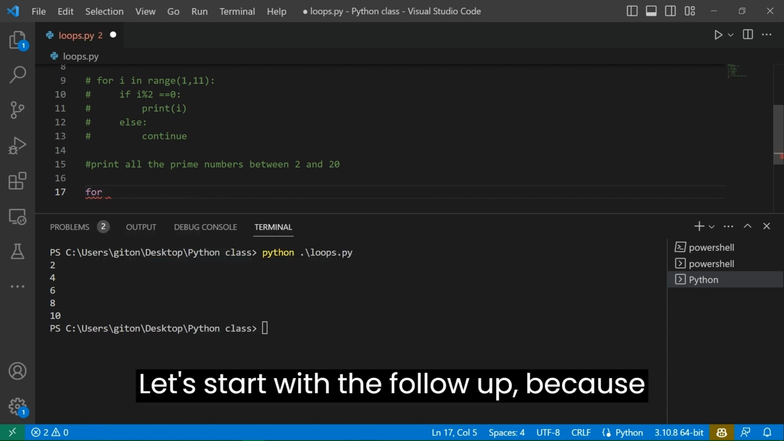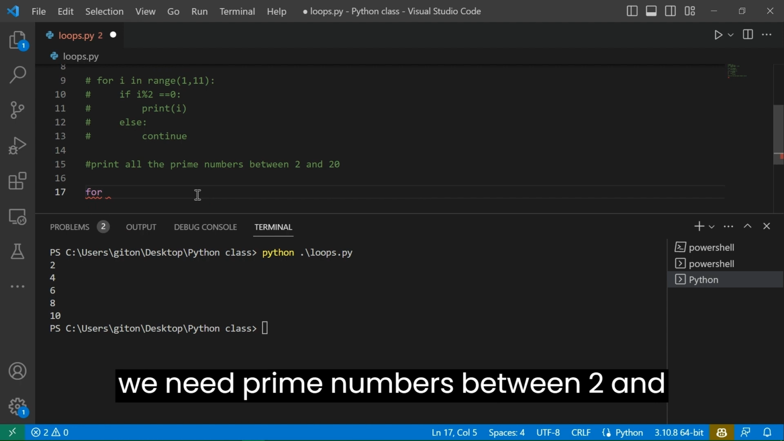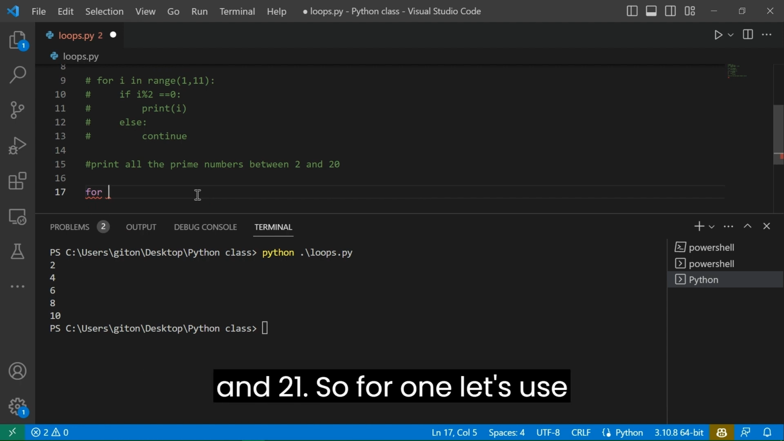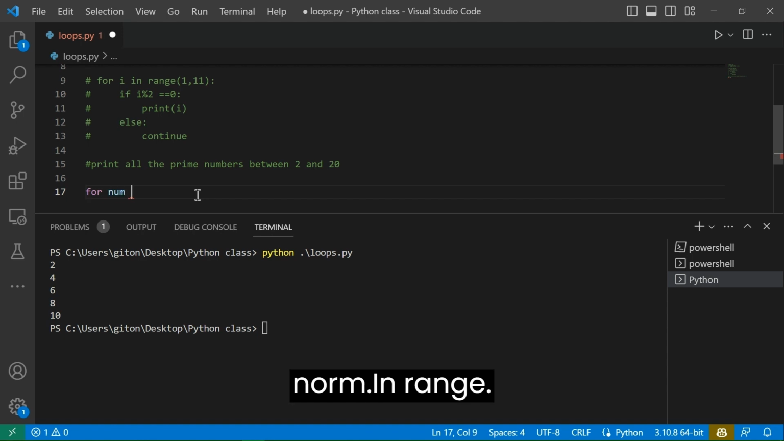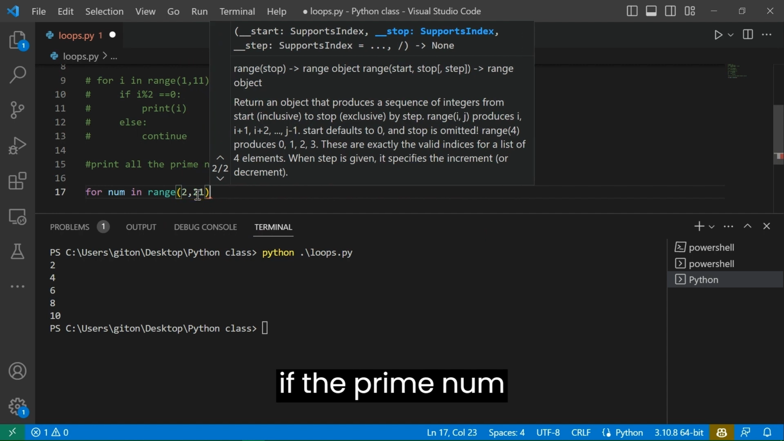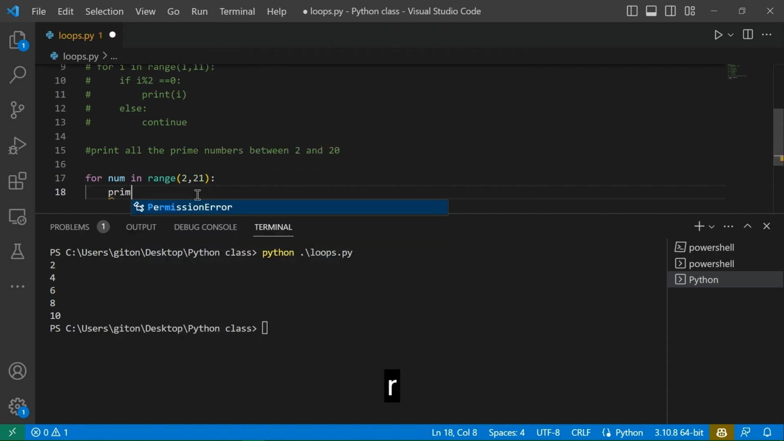So let's start with a for loop, because we need prime numbers between 2 and 20. So we'll use the range between 2 and 21. So for let's use num in range 2 and 21. So remember, we want between 2 and 20, so 21 will not be included. Then prime number will be equals to, if the prime number is true,